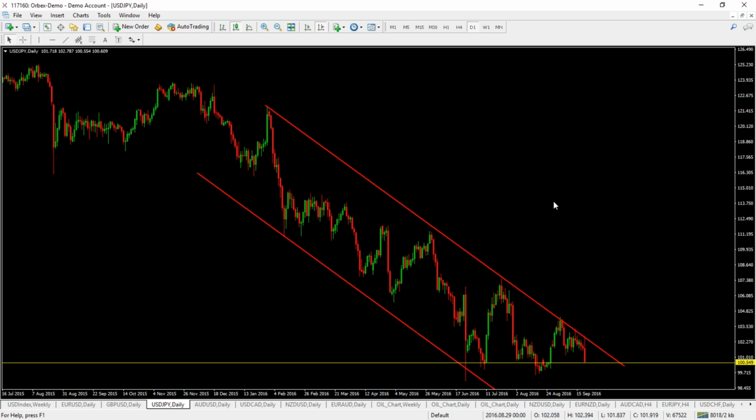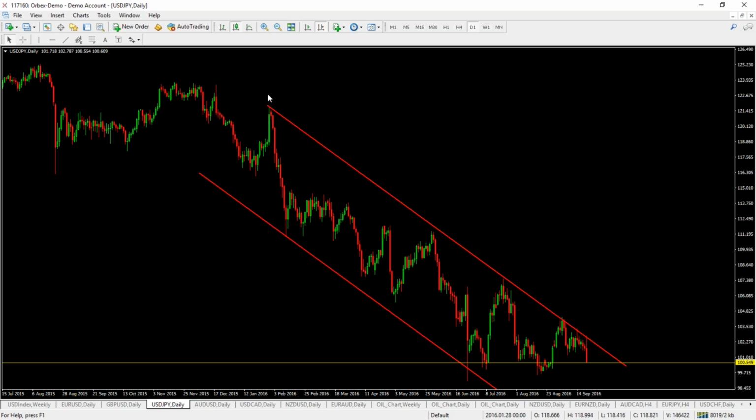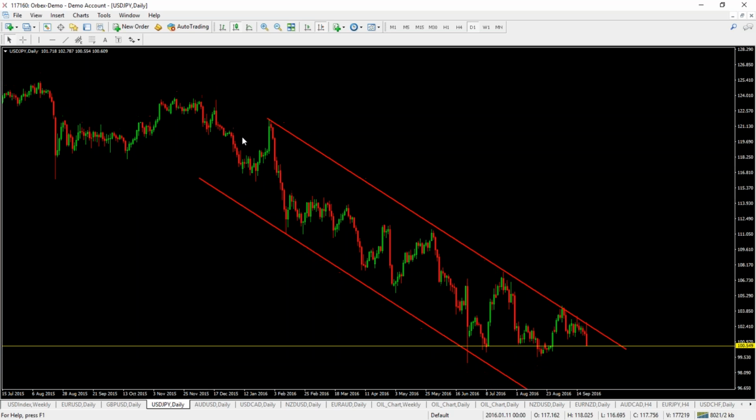Now, you can see at the moment the technical picture in the dollar yen is a very classic textbook bearish trend setup. So price has been respecting this really clear bearish channel all year, and we've currently stalled at key structural and psychological support formed at the 100 level. And we've actually fallen around 200 pips today to come back down and retest this 100 level for the fourth time since June. So again, as with sterling, we're at a very critical point here for the dollar yen.